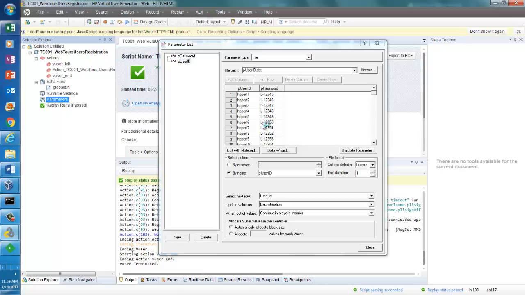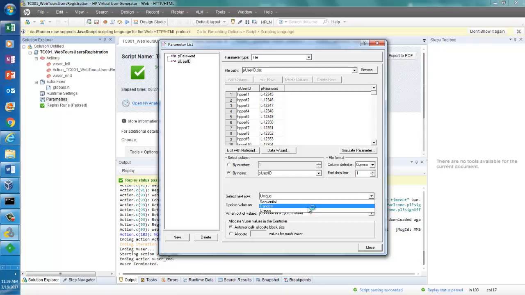Second time they will take the second set, second 10. Third time they will take the next set. Not that two drivers will try to take one car. They will take sequentially. Now, if you select, there is another thing here. Can you see? If you select random, they will be taking here and there randomly,